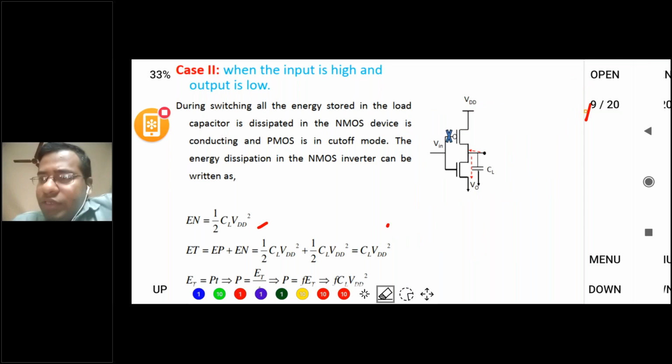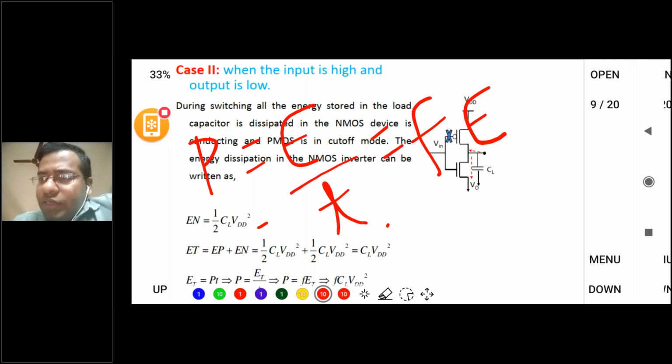Now if we talk about the per unit time, what is the power dissipation per unit time? So already you calculated energy dissipation. So this formula is E divided by per unit time. So now what is the time? 1 upon T is the frequency. So F multiplied by E. So F is 1 by time period. You know very well this formula.